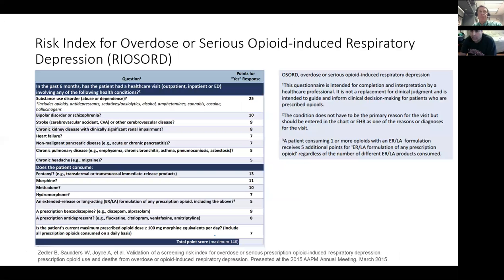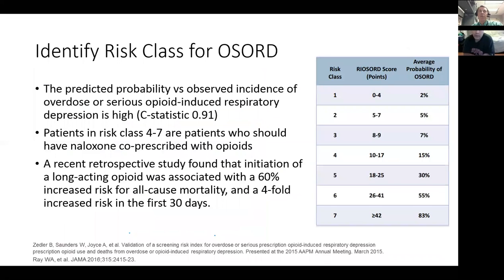unintentional overdose. So we have begun integrating using the REASSURED tool in screening all of our patients in the palliative medicine clinic for the need for co-prescribing naloxone. And in fact, any patient that screens out in the risk category of 4 to 7 goes home with a prescription for naloxone and has education of their caregivers in the clinic prior to leaving with their prescription for the opioid and naloxone.